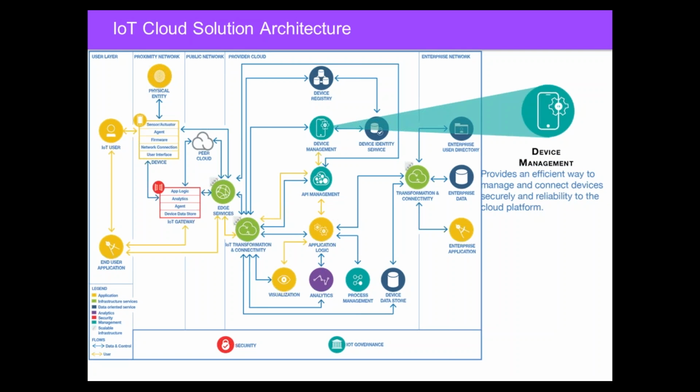Next slide. We have device management, and this is a key aspect, like I mentioned before, of being able to take a device and update its firmware. If I'm starting to see bad things happen with it, I may want to take it offline. I might also want to enable new capabilities, et cetera. So we need to think about lifecycle management of the actual device itself. That's one of the key aspects. It's not just important to connect a device, but I need to maintain it.